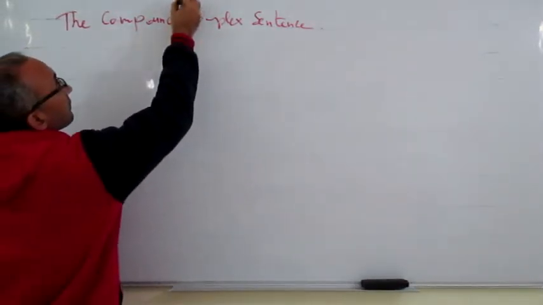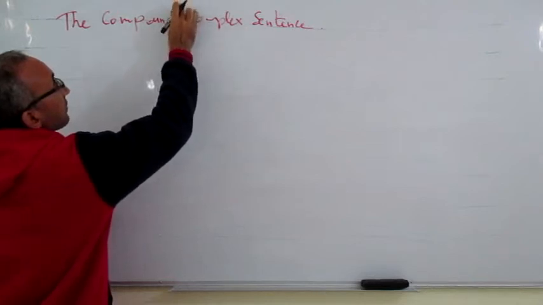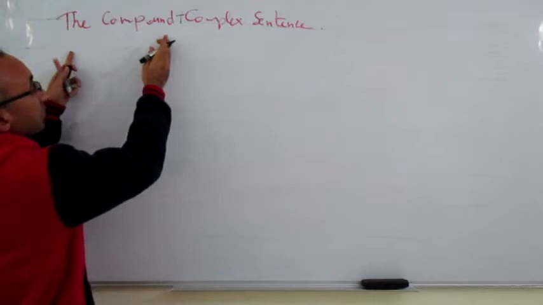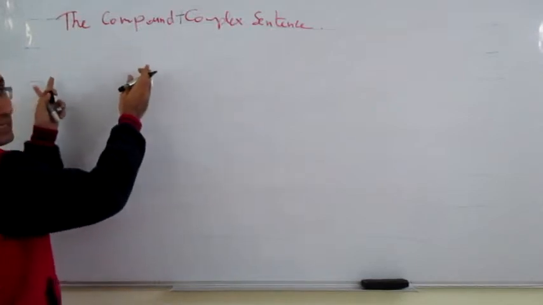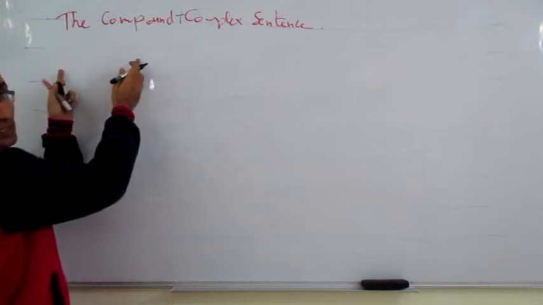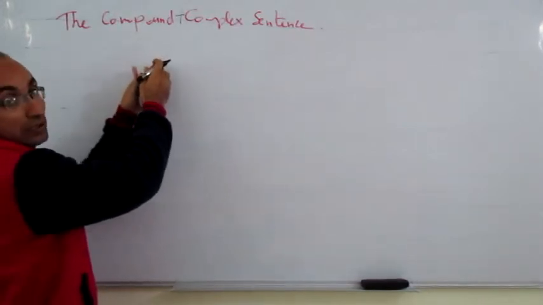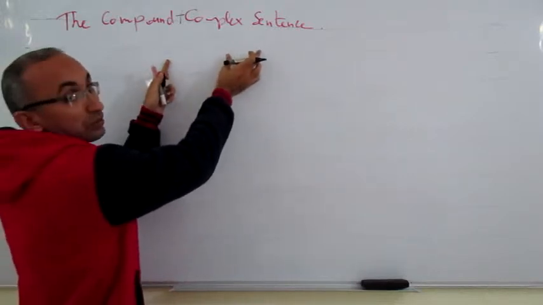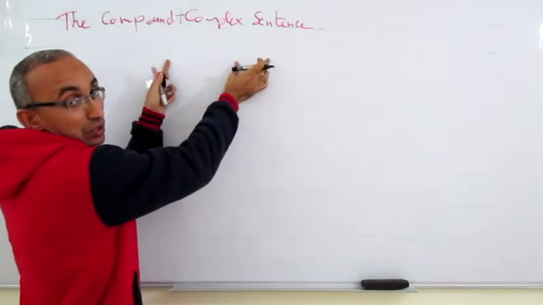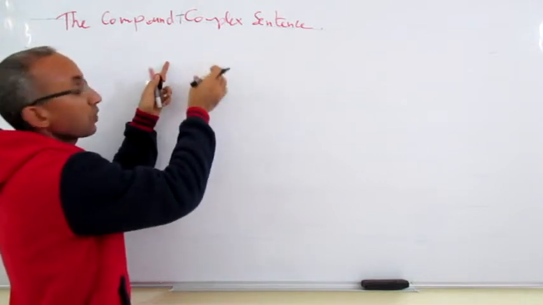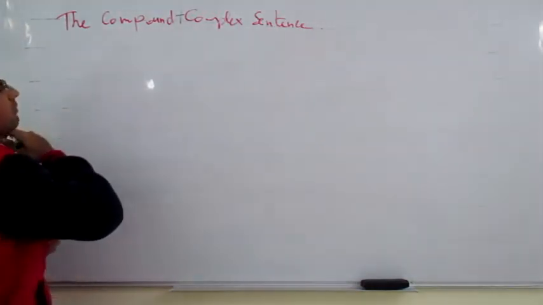The compound plus a complex sentence. Now in the compound, we're going to write a compound sentence which consists of two independent clauses. Then we will join to it what? A dependent clause. A clause starting with one of the markers we saw earlier. Example, we write